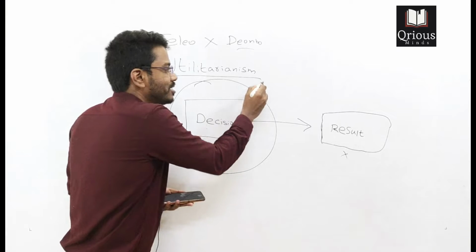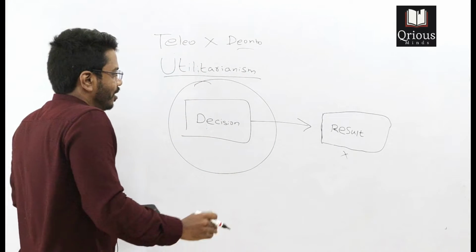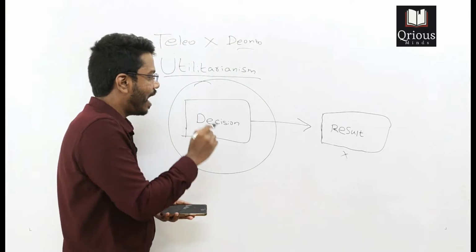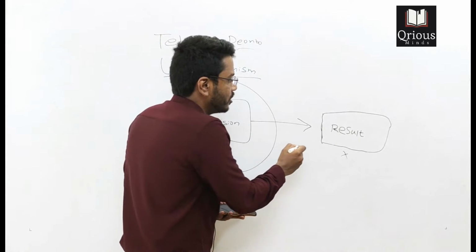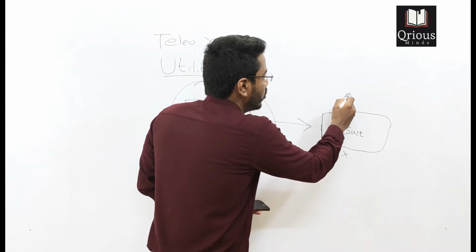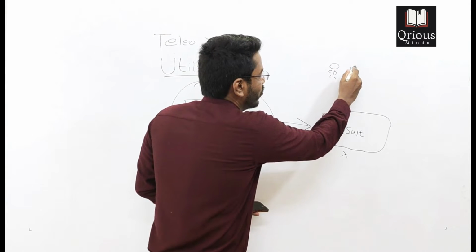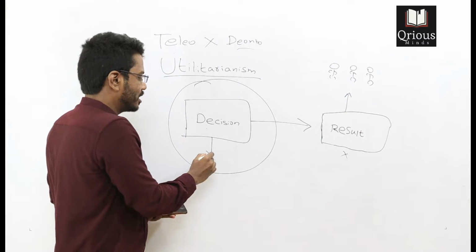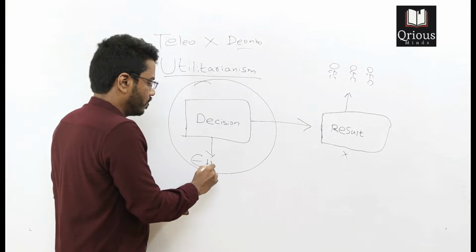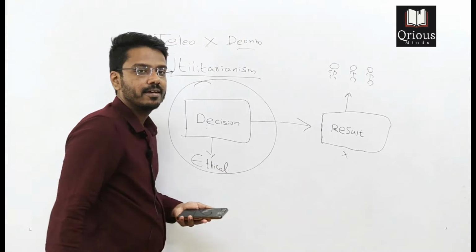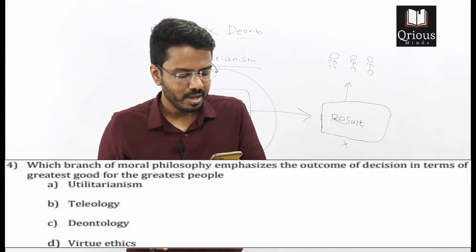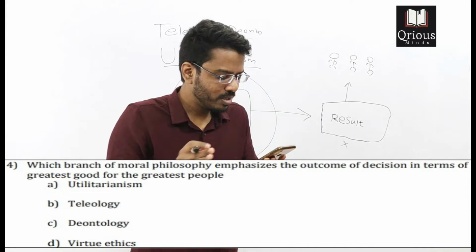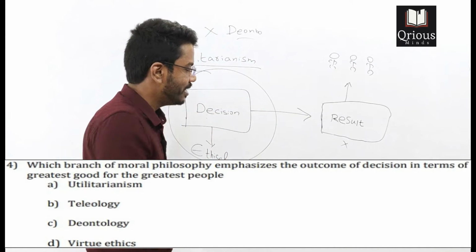So utilitarianism is the moral philosophy, and it advocates that when a decision or action is taken and that decision or action results in the greatest good for the greatest number of people, then that decision or action is ethical. So option A seems to be the right answer. And option B, teleology is not concerned about the greatest good for the greatest people. Yes, it is concerned with